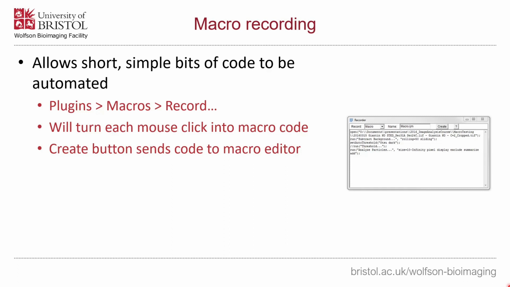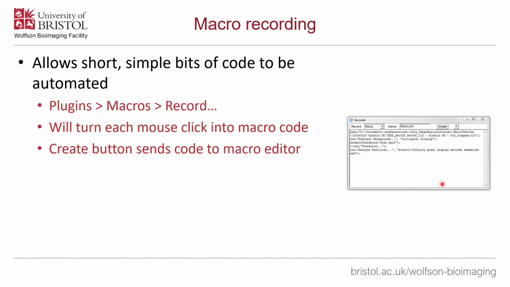So a macro is just a list of text commands which automate the different processes that we're running every time we're clicking buttons within ImageJ. To access this list of text commands in real time, you can go to Plugins, Macros, Record, and that will open this window here, and every time we click something, you'll see the command corresponding to that appear here. So for example, when I ran the background subtraction earlier, it did run subtract background, rolling 50 and sliding. That would be subtract background with a rolling ball radius 50 and the sliding paraboloid